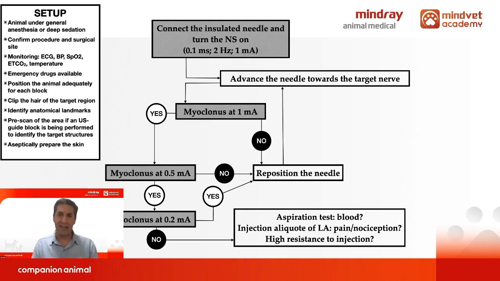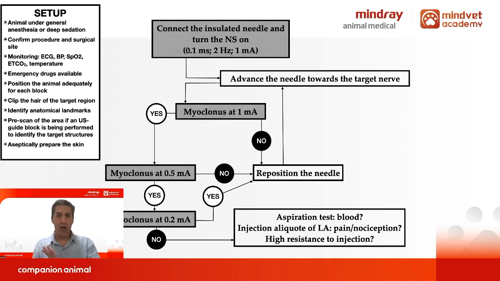Even if the animal is under anesthesia, you need to watch the monitor and be ready to detect any nociceptive response, that means tachycardia. And to be sure that there is no resistance to the injection. Because, as I mentioned, if the needle is inside the nerve, you need to distend the intraneural space, and this promotes